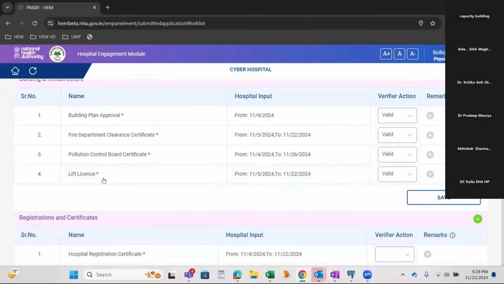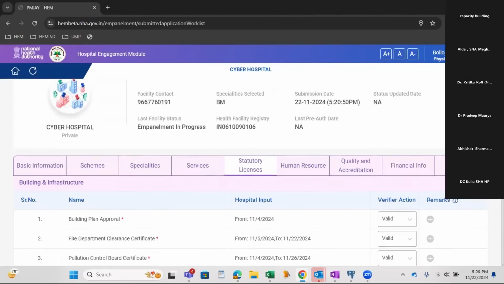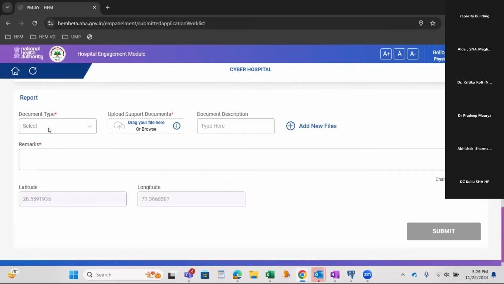Click on save. So as soon as the physical verifier has submitted all the necessary information, he can navigate to the bottom of the page where we have a report section.